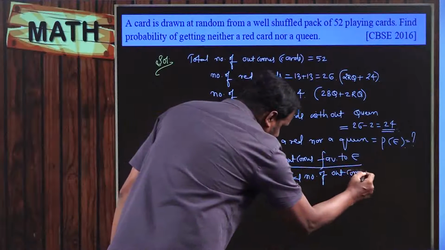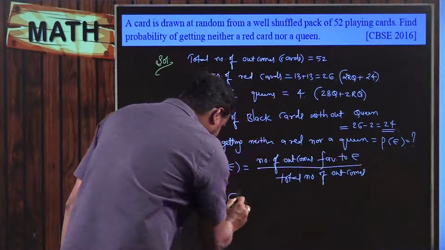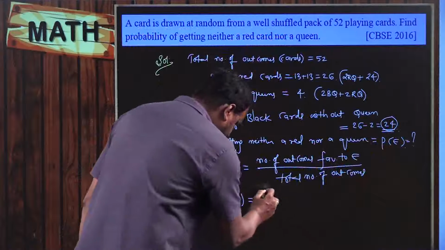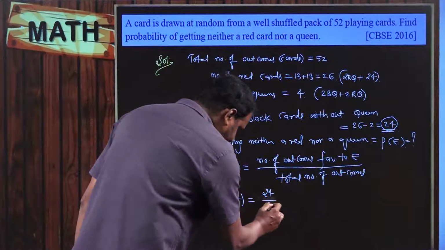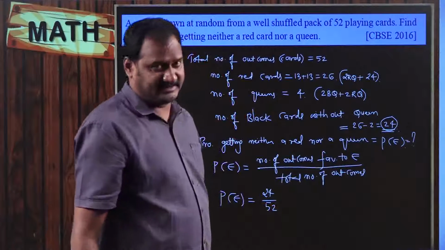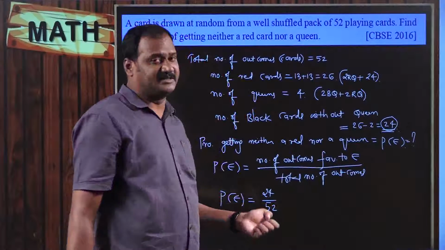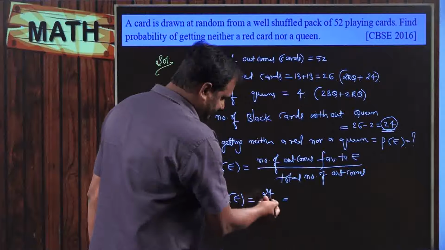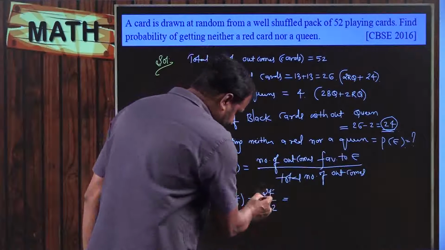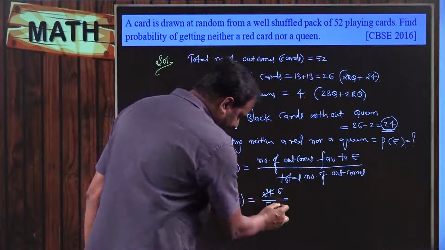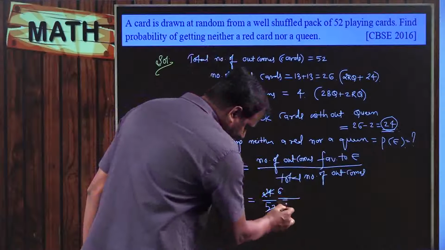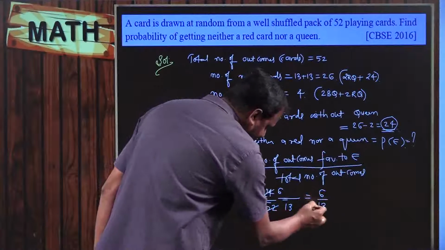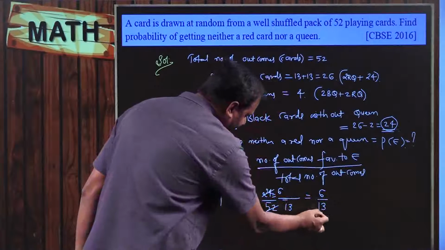So the probability of getting the event E, where the number of favorable outcomes is 24, would be 24 divided by 52. But you should not leave the problem like that. You will have to convert it into simplest terms. So you keep cancelling. Both can be cancelled by 4: 4 sixes are 24, and 4 thirteens are 52. Which is equal to 6 divided by 13, the probability of getting this event.